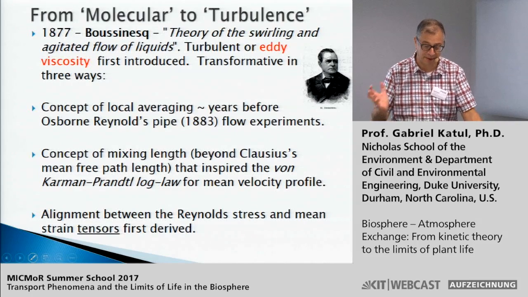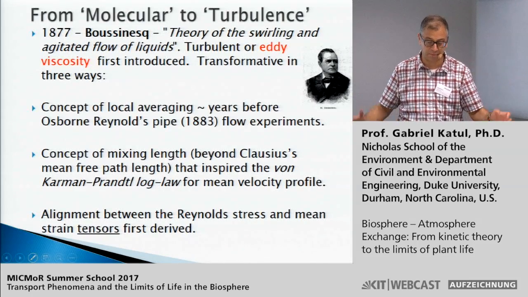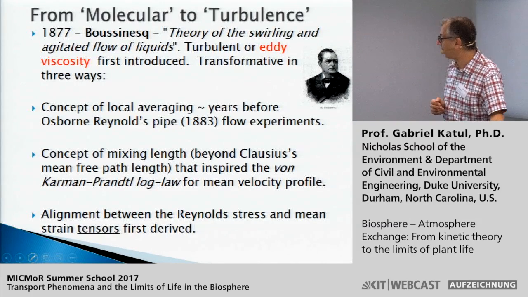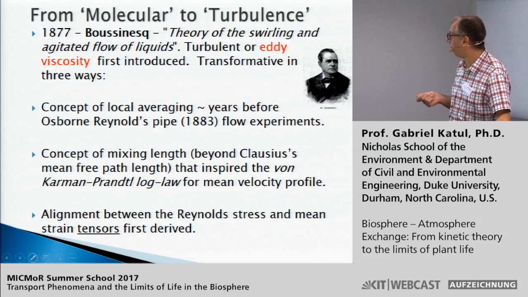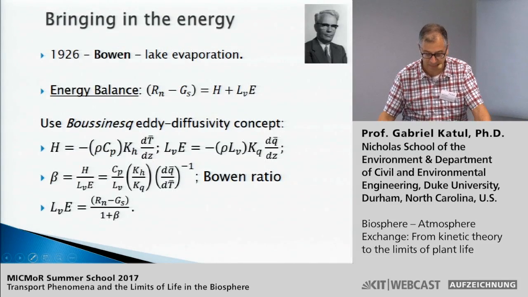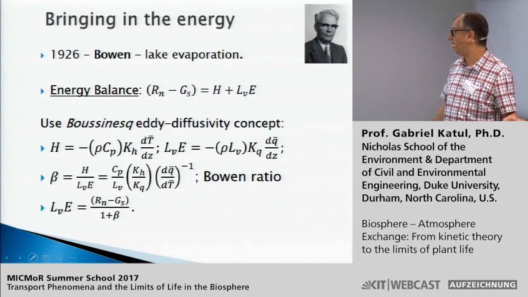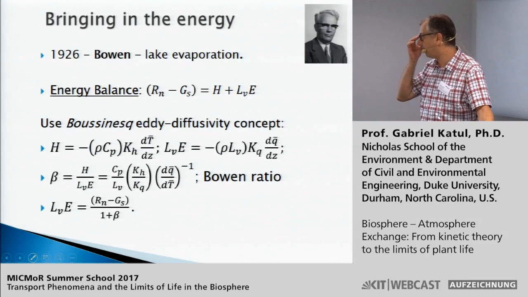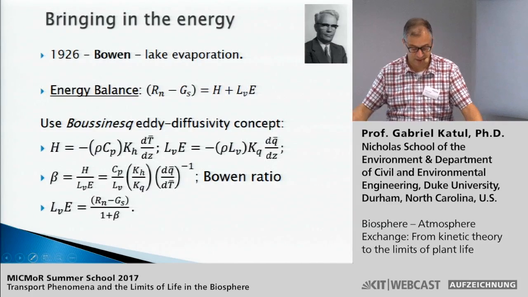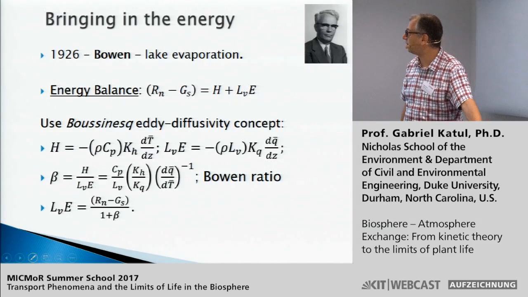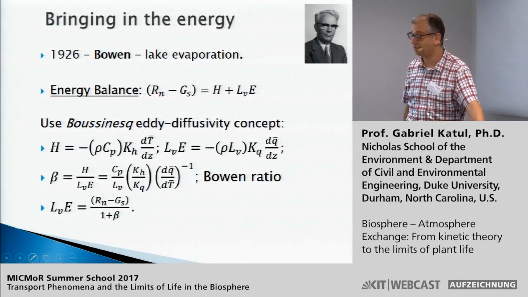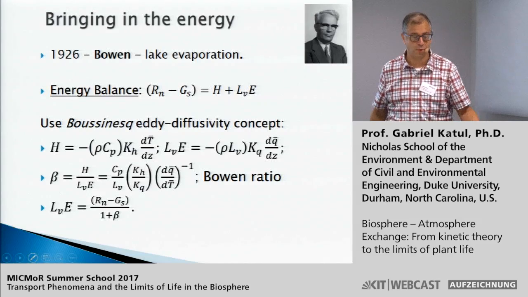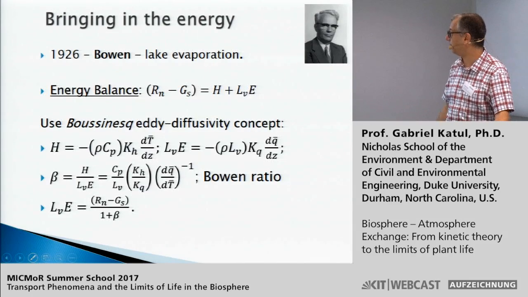Okay, so now we have a basic idea that allows us to think of movement in this box when it is opened up, rather than having a mean free path that is based on molecular kinetics. They are now based on turbulent transport processes. Now the box has to be opened up also for energy exchanges, and perhaps the work of Ira Bowen in 1926 is not the first, but certainly the most influential. The concept of what we now call the Bowen ratio has been around for a long time, but Bowen was the one who pushed it forward with a study on lake evaporation.